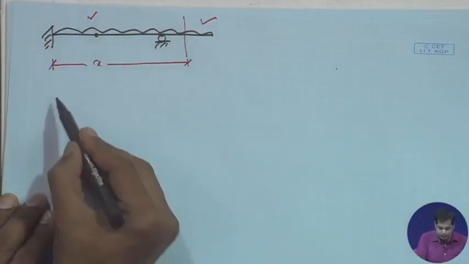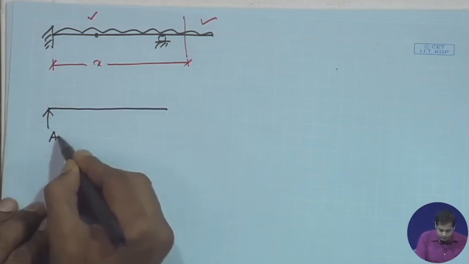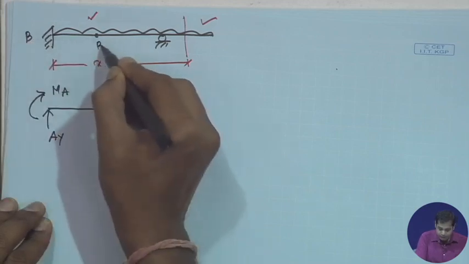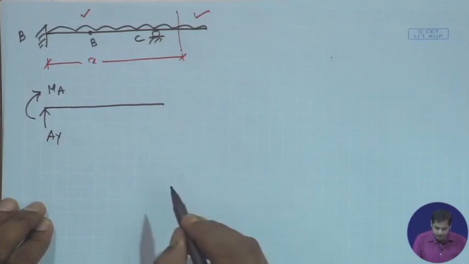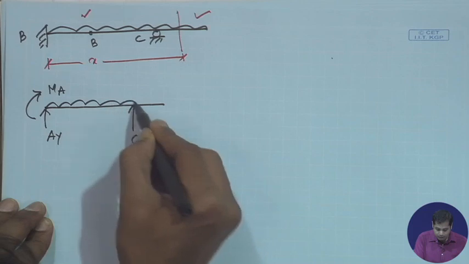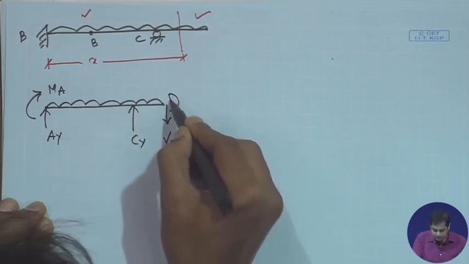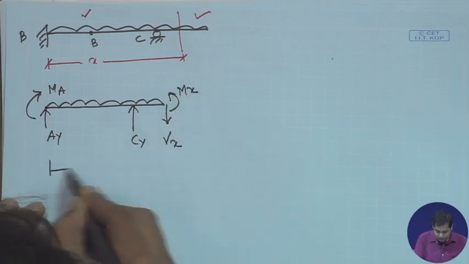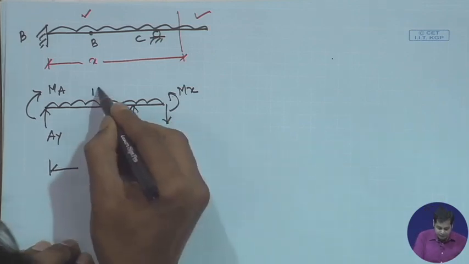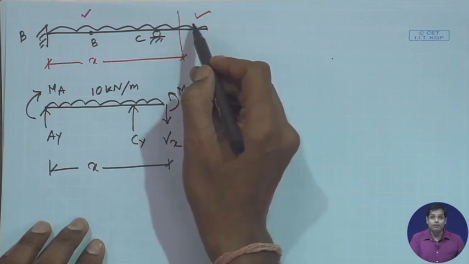The free body diagram of this part will be Ay and then Cy, uniformly distributed load. This is Vx and this is Mx, and this distance is x. This is the free body diagram of this part. This is 10 kilonewton per meter. Okay. Now, if I draw the free body diagram of this part,